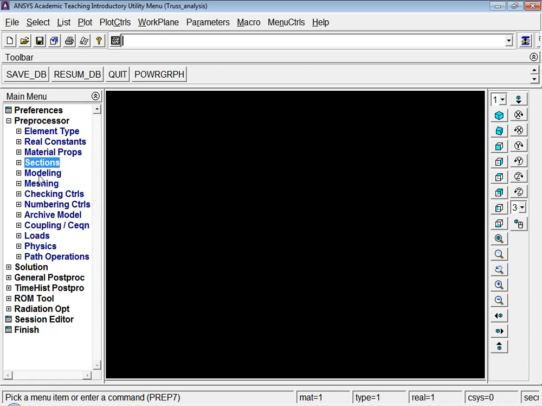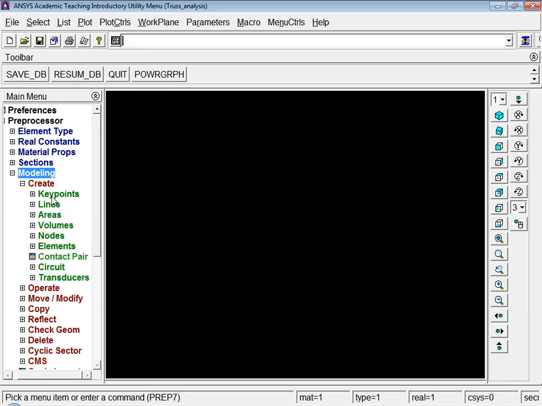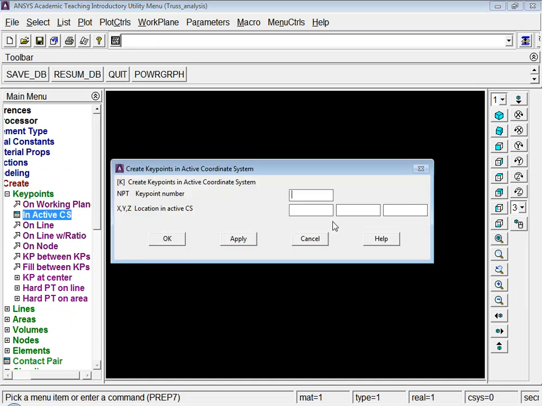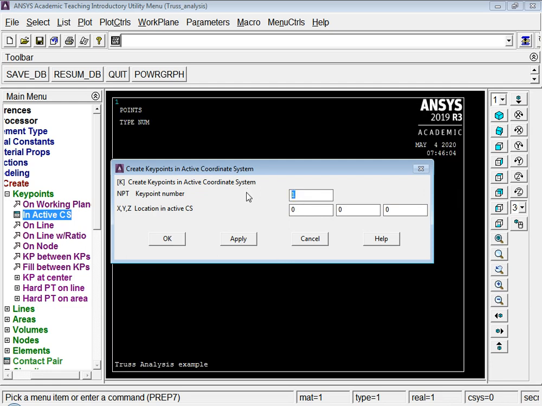Okay, I'll go to modeling. Then I have to create first 3 key points, then 3 lines. So I'll go to first active coordinate system. Key point number 1 at 0, 0, 0. I will say apply. Key point number 2 will be at